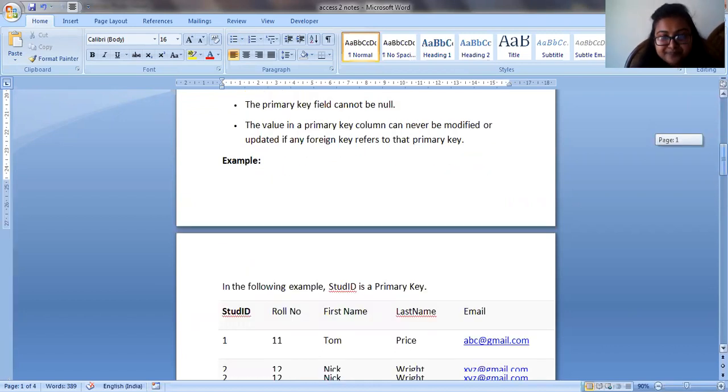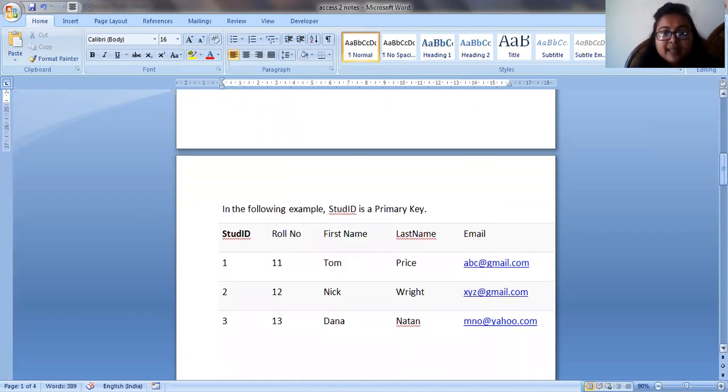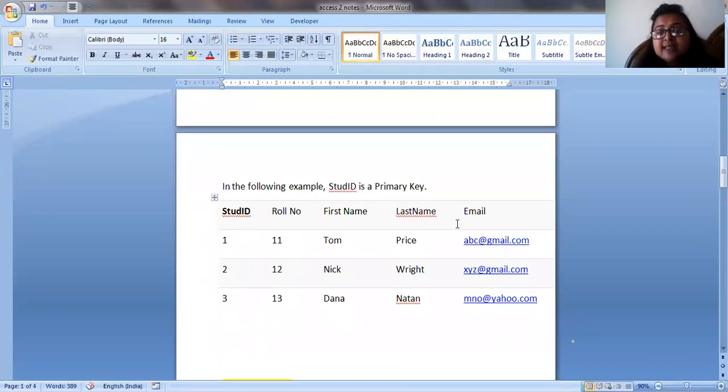Example: in the following example, student ID is the primary key. This student ID is uniquely identified, and it basically defines this particular table. That is why student ID is referred to as a primary key. Going back to the question,